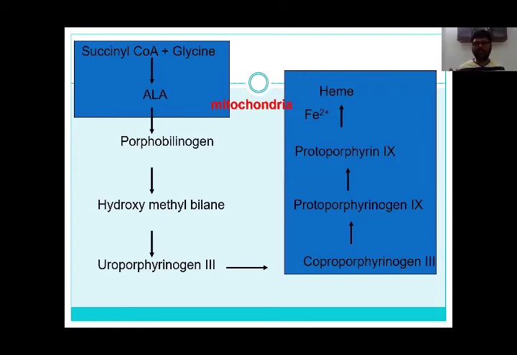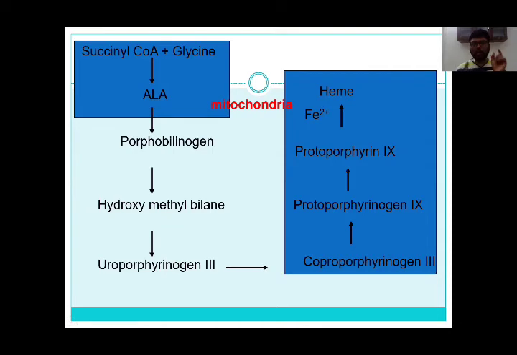So that's it about heme synthesis. I will just summarize once again the pathway and then we will move on to the regulation. The synthesis can be divided into 4 different parts. In the first part, from the raw materials, we are synthesizing the single pyrrole ring. Succinyl-CoA plus glycine condenses to form ALA, and the enzyme for this reaction is ALA synthase.